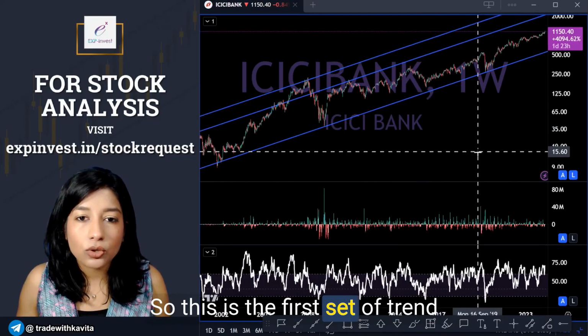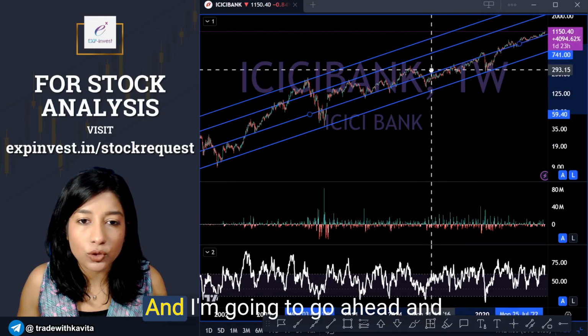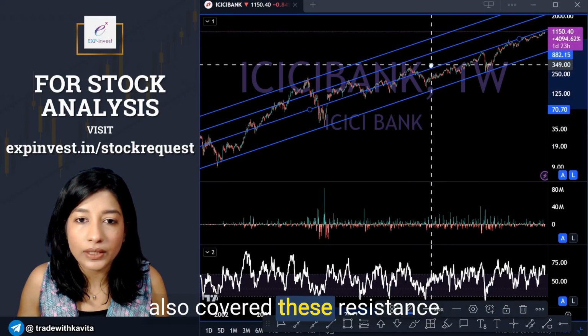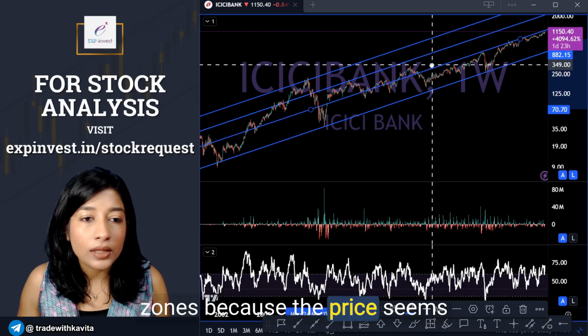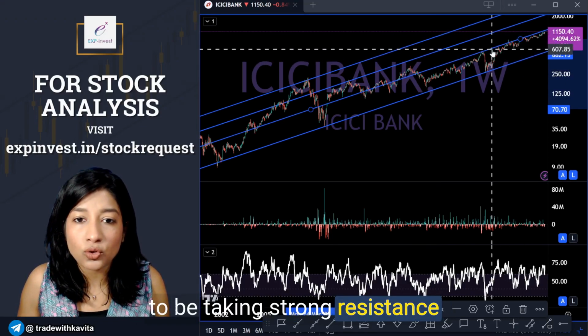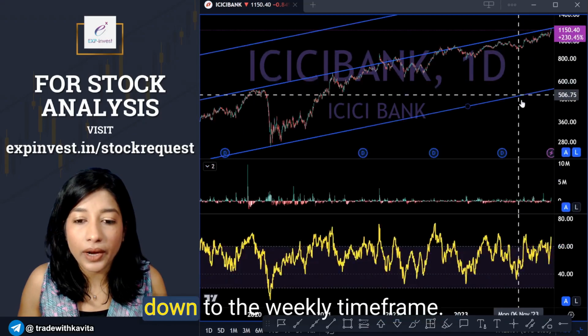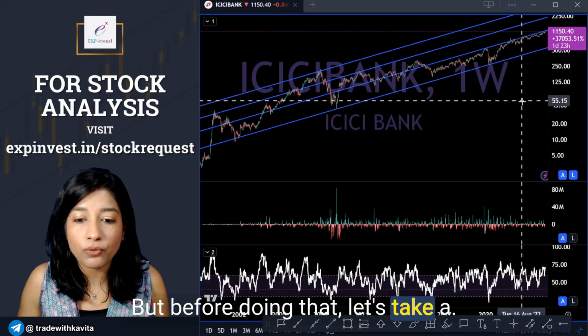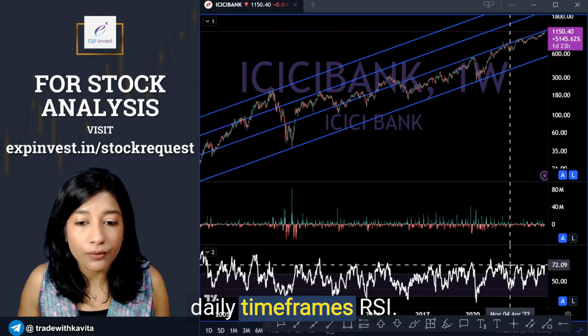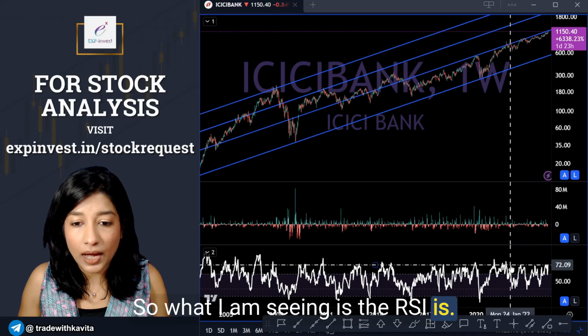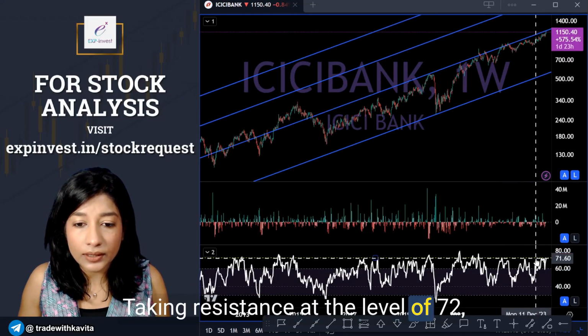So this is the first set of trend lines that we have drawn, and I'm going to go ahead and also cover these resistance zones because the price seems to be taking strong resistance right around here. Now we can go down to the weekly time frame, but before doing that, let's take a quick look at daily time frames RSI. So what I'm seeing is the RSI is taking resistance at the level of 72,